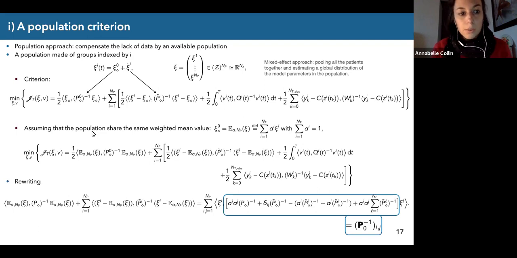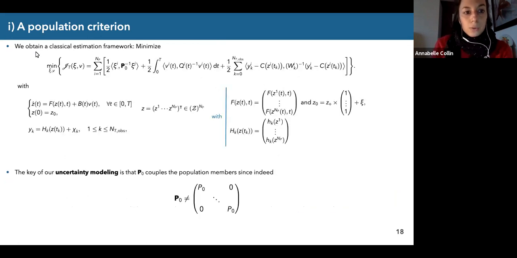This means that our criterion will have two terms for the uncertainties priors. These two new terms. So if we assume that the population shares the same mean value defined just here, we can rewrite this criterion as it is done here. And by doing some computation, we can rewrite this criterion, sorry, and we can obtain a classical estimation framework. I mean that this new criterion is also a least square minimization under some constraints corresponding to the dynamics